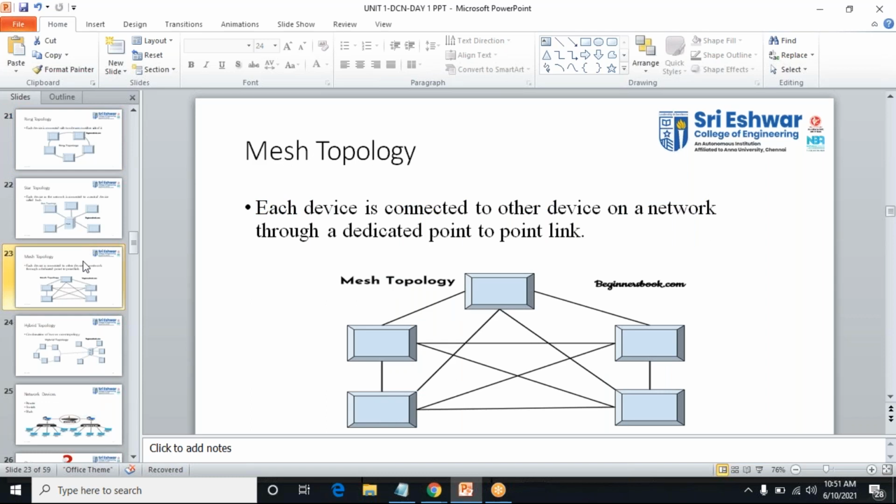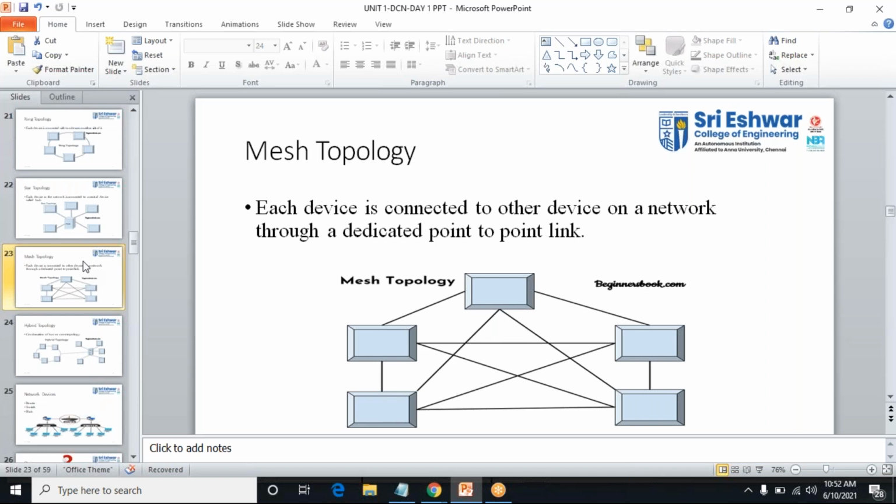Then what is mesh? Can anyone say what you mean by mesh topology? What is the main point we discussed yesterday? I have said it, right? Very good, Priyadarshini. Point to point. Point to point in the sense of a dedicated line. I need not get help from the neighboring computers.